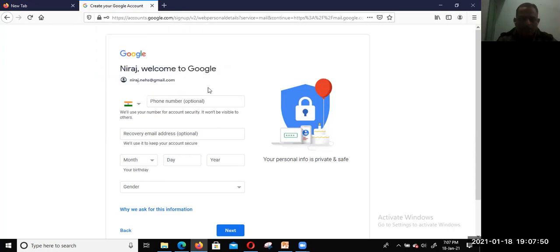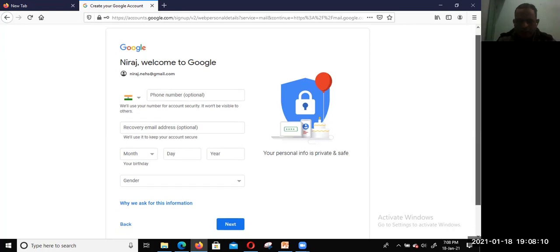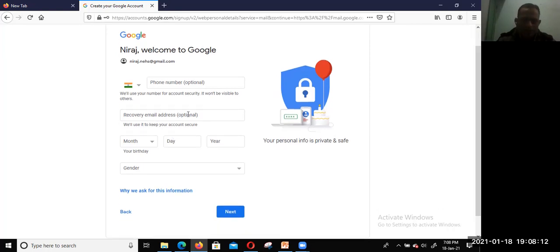Now here you can see the phone number, which is optional. After that, you just need to enter your phone number. Date of birth, you can enter your date of birth, and a recovery email address.